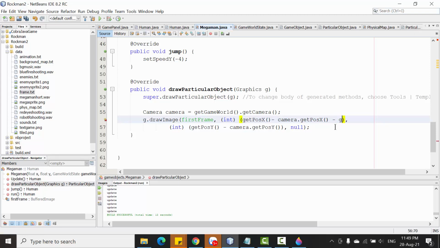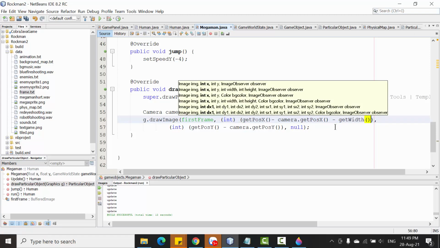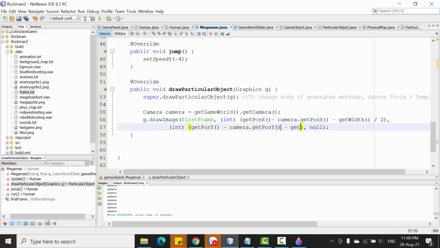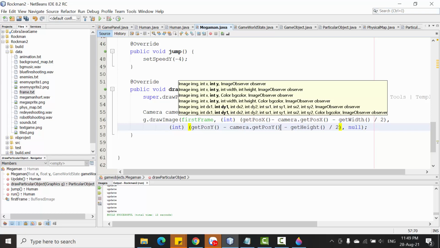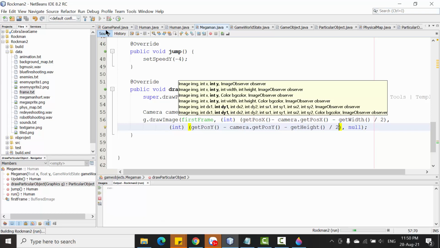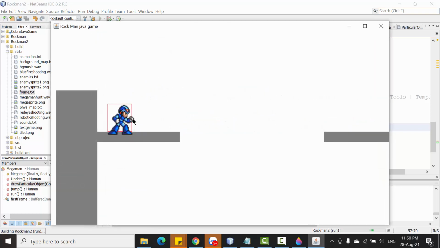Now we minus the get width divided by 2 and get height divided by 2, and right now the frame is drawing in the center of the rectangle here. Alright,